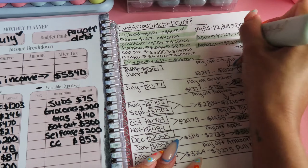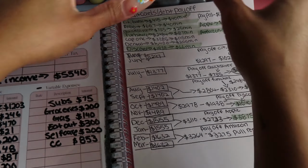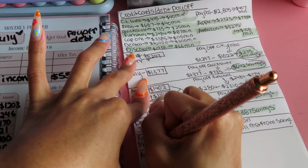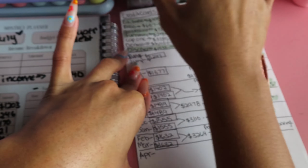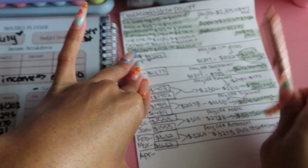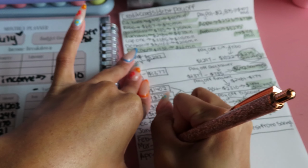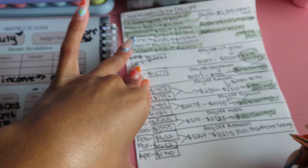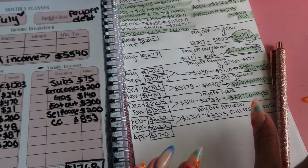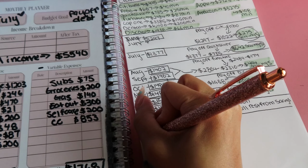So once we pay off Amazon, we no longer have to pay that $108 minimum. So we're going to take January, February, March, April. We're going to go ahead and add $16.32 plus $108, which is going to total us to $17.40. All right, and with $17.40, we're going to go ahead and work on our next card. We are almost done. So once we get to April, we're going to go ahead and work on paying off